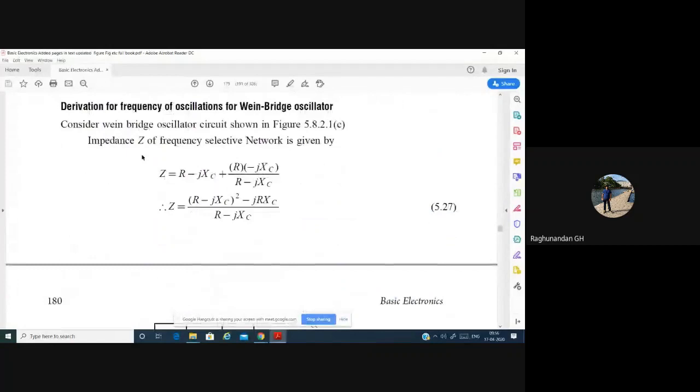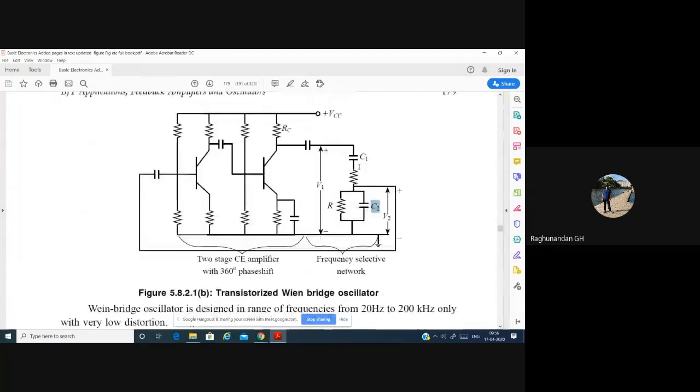Z indicates the total impedance of the frequency selective network. So that's why we have taken this one. How are they connected? Leave out this connection now. When we consider only these two, and take the lower part of the voltage divider rule formula, it is the sum of the total resistance, which means the resistance offered by this plus the resistance offered by this.